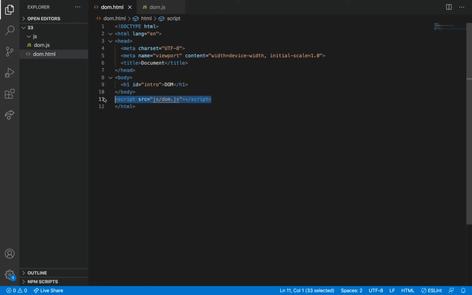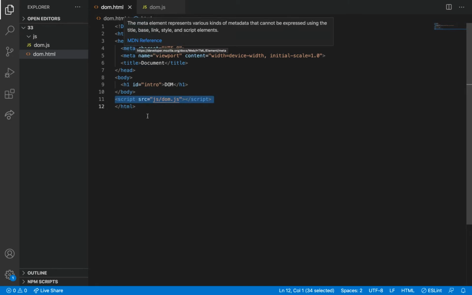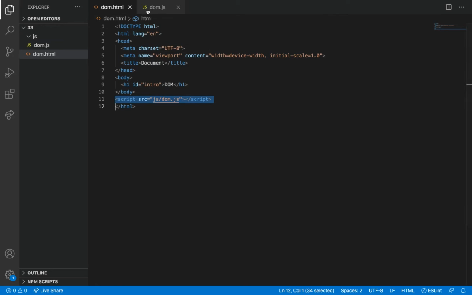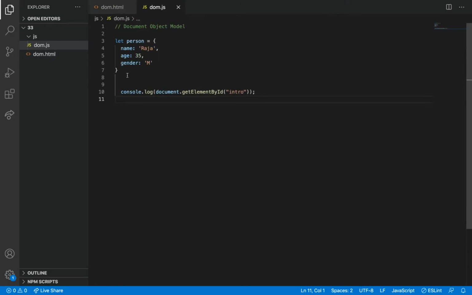So this is the best practice to use. Script tag should be added at the bottom. You can search on the internet. They'll say the reasons why the script tag should be added at the bottom. Till now we did not access the DOM element, so we added it at the top. Now if we want to access the DOM, we need to add it at the bottom of the body. Fine. So no confusions we can get.